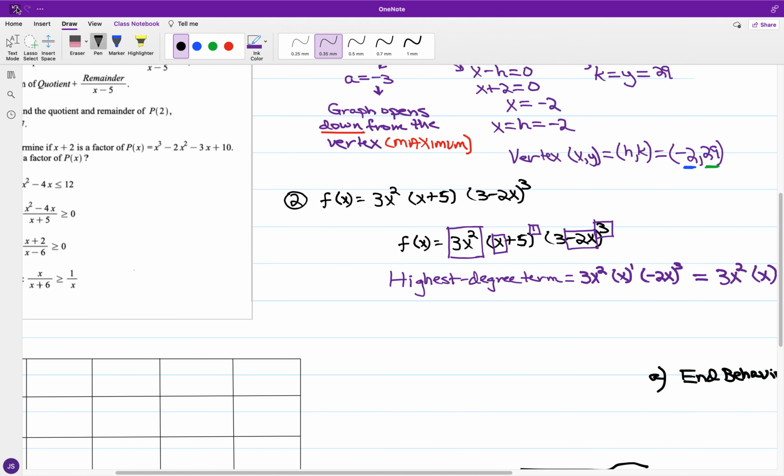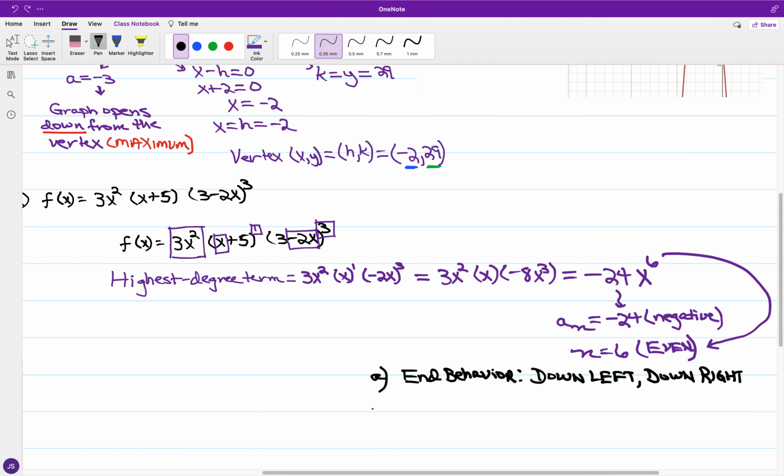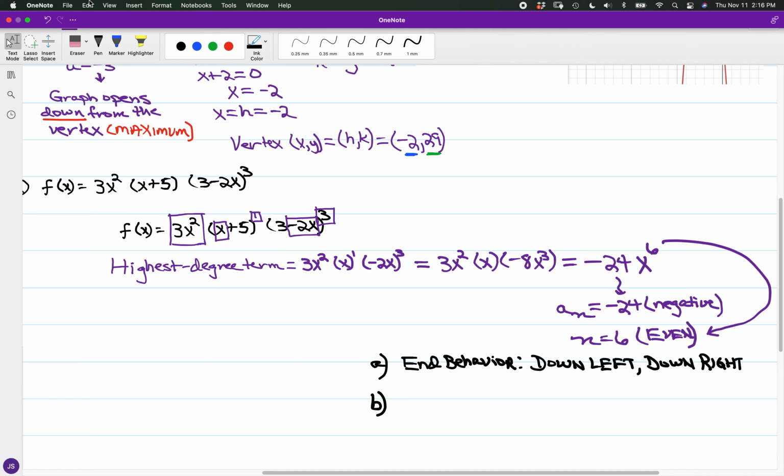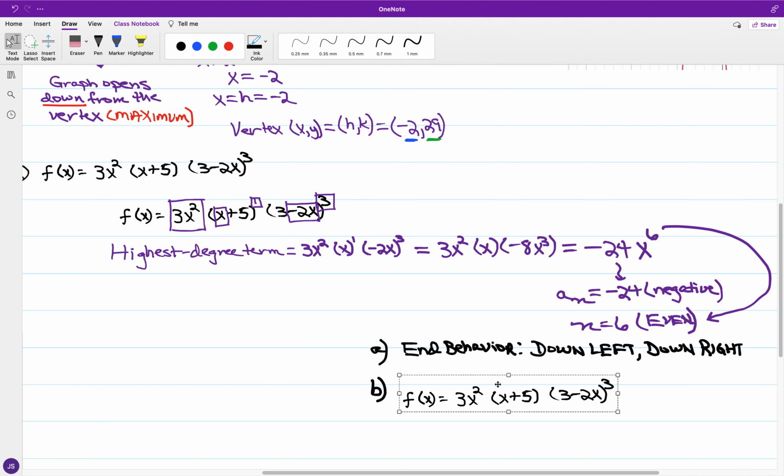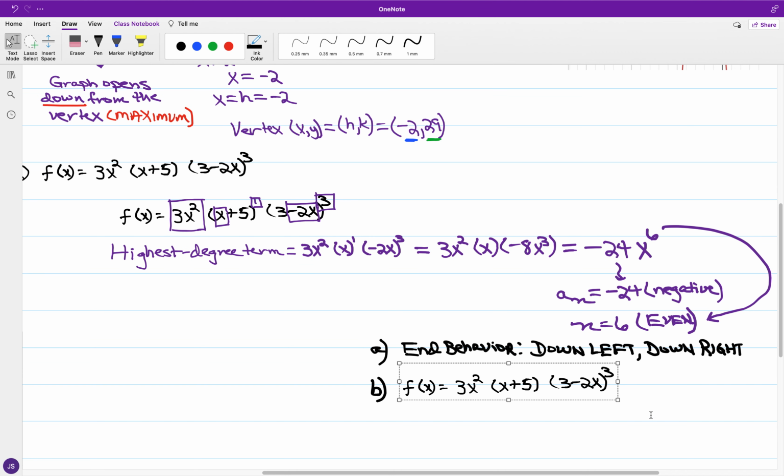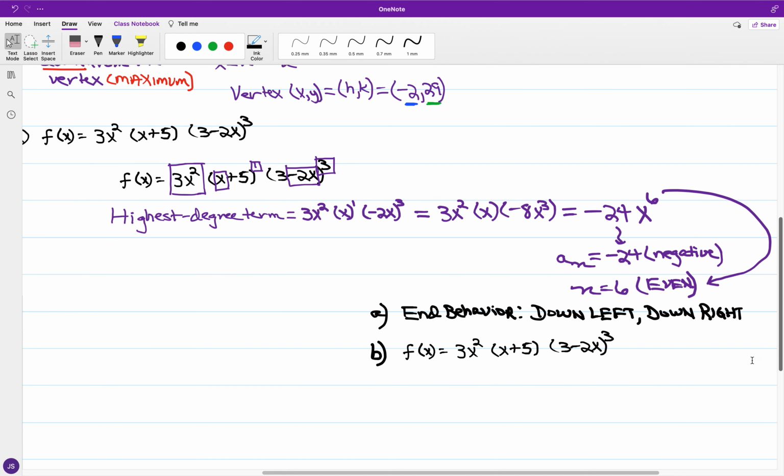So for the polynomial function, you have three distinct factors in x. You have x, which is to the second, you have x plus 5, and you have 3 minus 2x, which is to the third. And so if I stress the degrees once again,